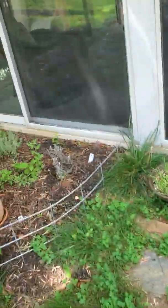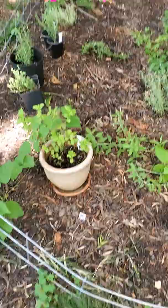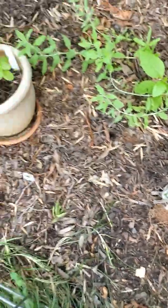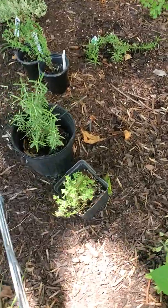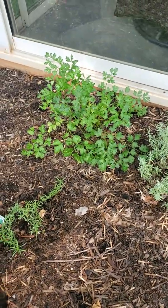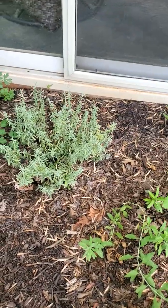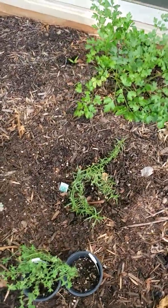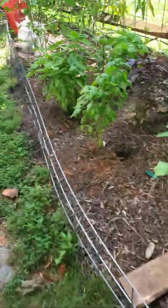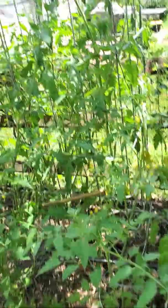Oops. Turn off my water here. And what do we got here? We've got sage, Russian sage. This was purple sage, and it looks like it's dead now. Got some other plants that I took from cuttings and just haven't planted them yet. We've got parsley and lavender, tarragon, some flowers, potatoes, which will be harvested in the next few weeks. We've got 5 different kinds of basil, some more tomatoes,